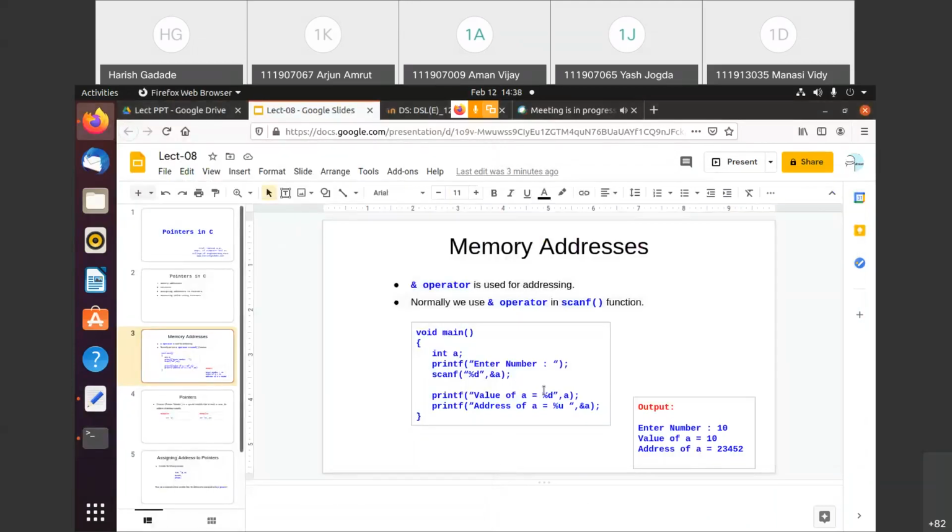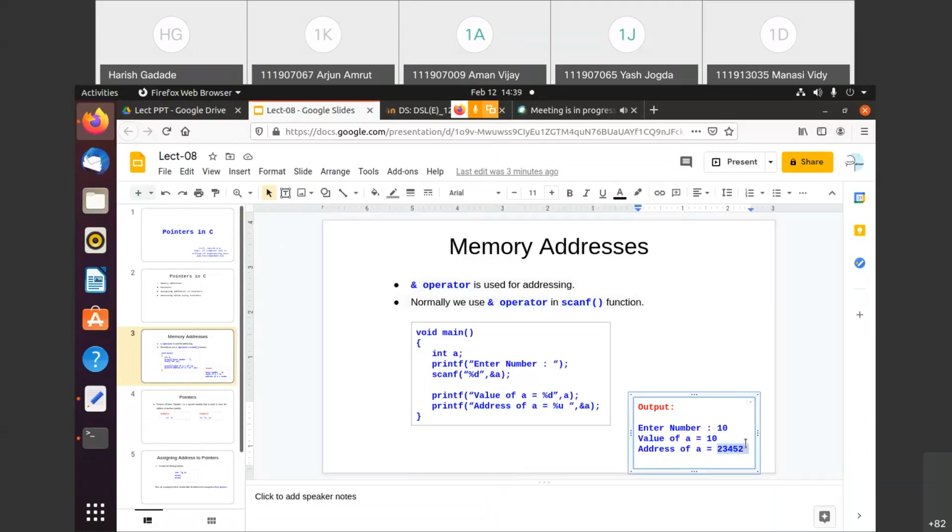Because addresses are in hexadecimal also, right? The integer and long integer types each have a range. So if your address is beyond that range, then that address is not printable. But in your case, the address I have just shown here is a sample address that falls under integer or unsigned int. Otherwise you need to use hexadecimal, right? Here I'll not spend time on that.